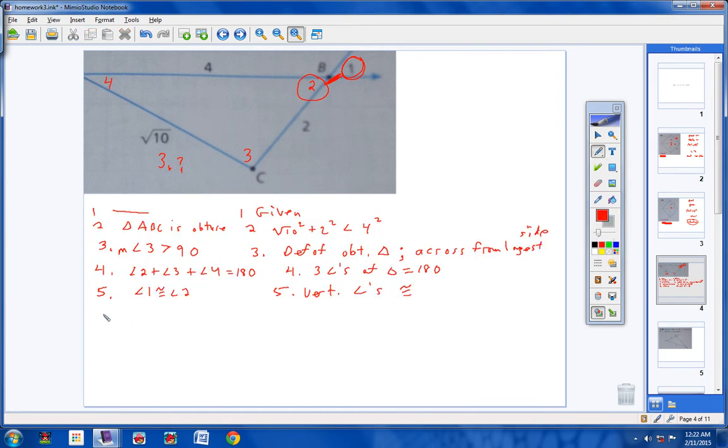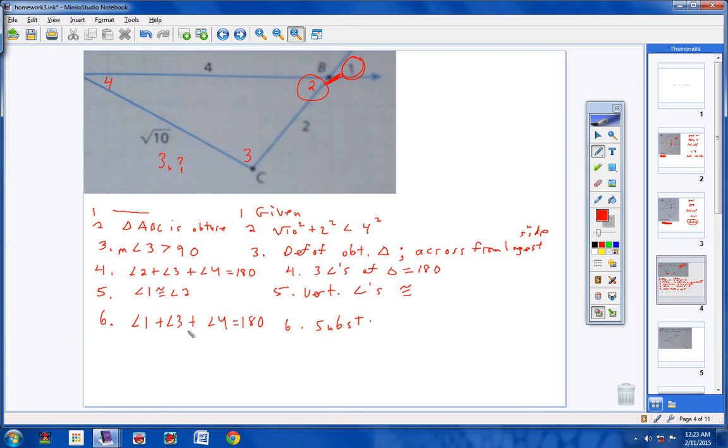Alright, now, look what I do next, guys. I stated that 1 is congruent to 2. So look back at step 4, where 2 is. I'm going to substitute 1. So now I have angle 1 plus angle 3 plus angle 4 equals 180. And of course the reason would be substitution. I substituted 1 for 2. Okay? Now, next, look guys,